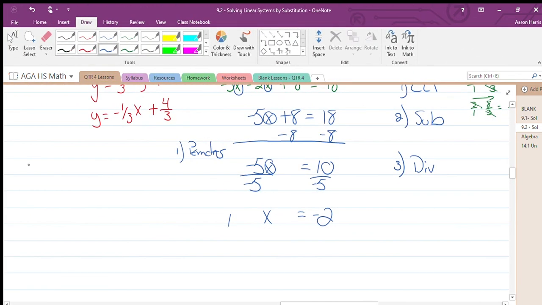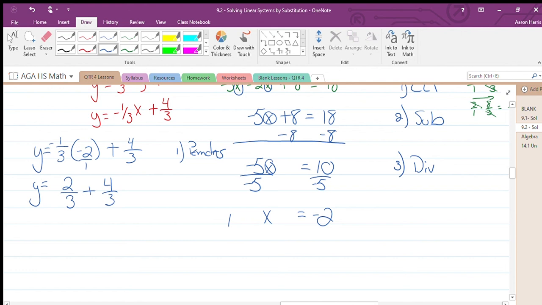So I can substitute that in. So y equals negative 1/3. Instead of an x, I'm going to put a negative 2 plus 4/3. What I'm going to do, PEMDAS, I'm going to multiply this out. So y is equal to, I can put this over 1, multiply fractions how? Straight across. Negative and a negative is a positive. So I get 1 times 2 is 2. 3 times 1 is 3 plus